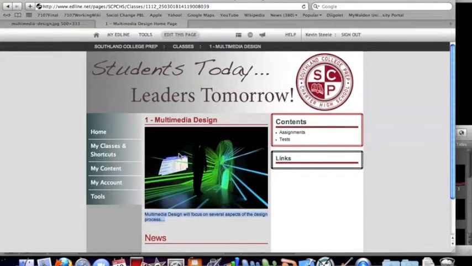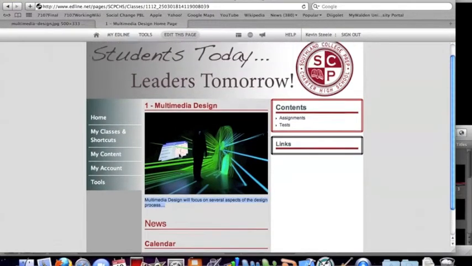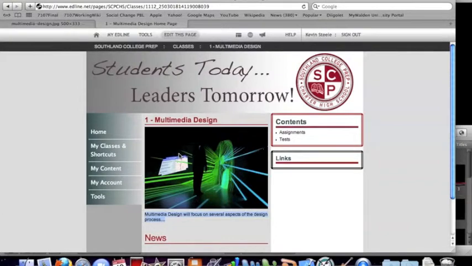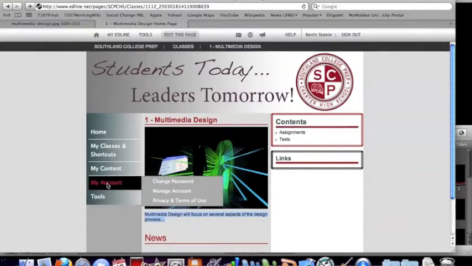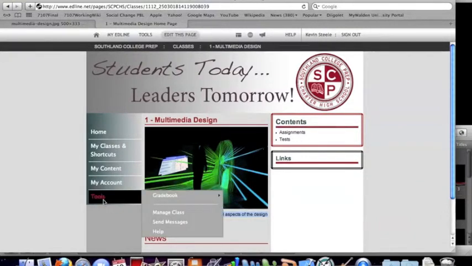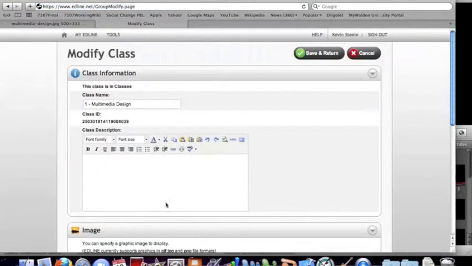One of the tools that's available for you is a tool called Pix Resizer, P-I-X Resizer, and that will help you if you have a picture that you absolutely want to use on your Edline page, and it will help reduce the amount of pixels in it, thus reducing the file size so that Edline will allow it to upload. In the next modules, we'll focus on different aspects of the Edline page, and that's all you really have to do. So remember, just to review, it's under Tools, Manage Class, and then this is where you can